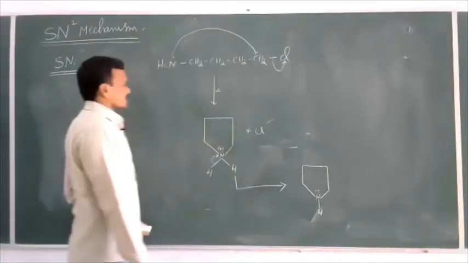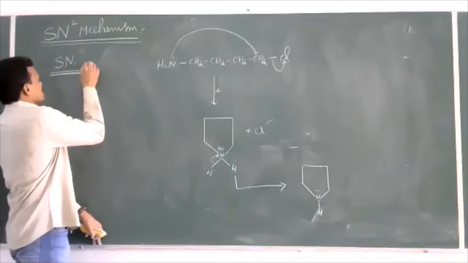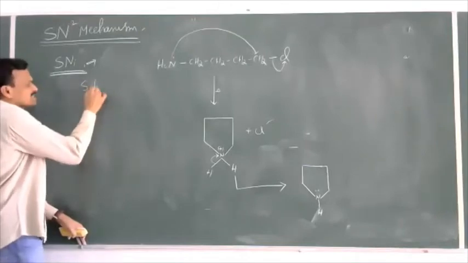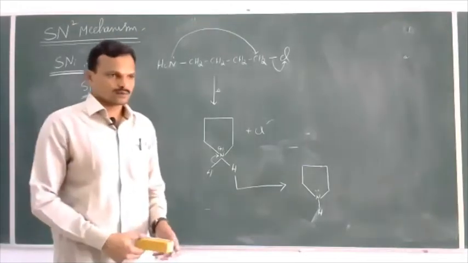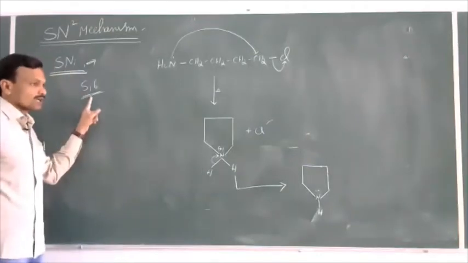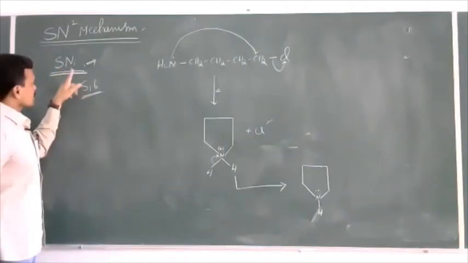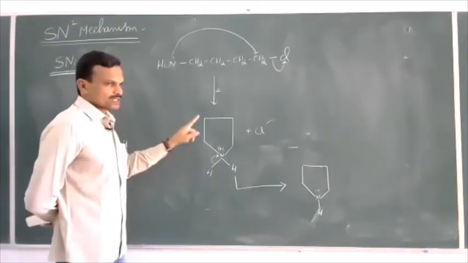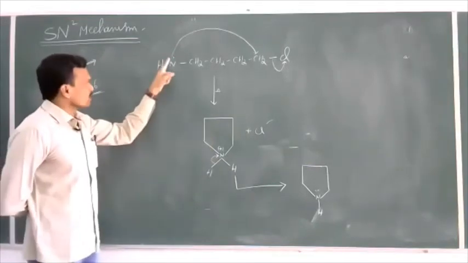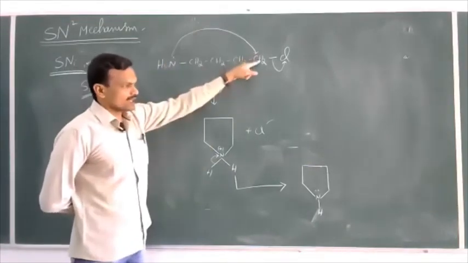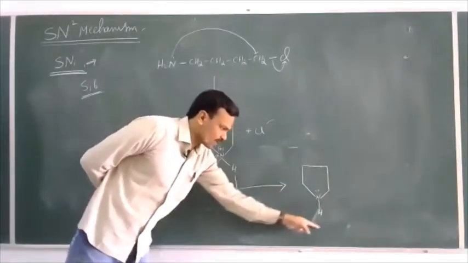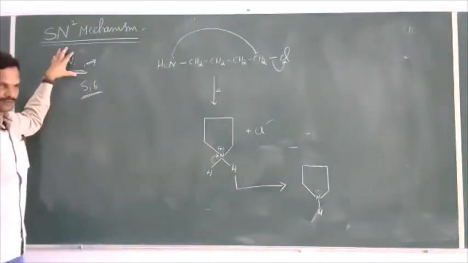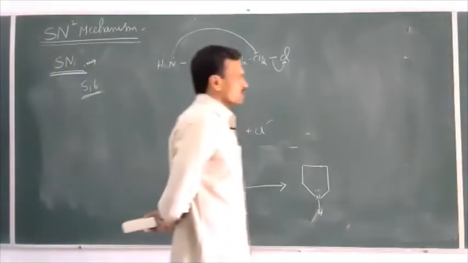Now here if you observe this reaction, SNi reaction takes place through the formation of a cyclic compound. In that, a 5 or 6 member ring is the preferred product. A 5 or 6 member ring is formed if a nucleophilic substitution takes place within the molecule. This is called intramolecular nucleophilic substitution. Within the molecule, one nucleophilic site can replace another nucleophile. As a result, we get a cyclic compound as the product. 5-membered or 6-membered rings are generally formed in SNi reaction. This is another type of nucleophilic substitution reaction.